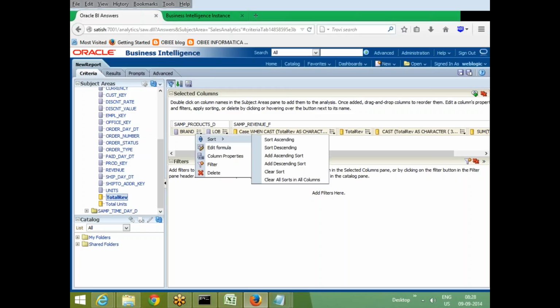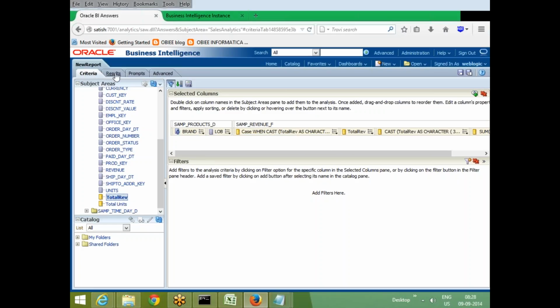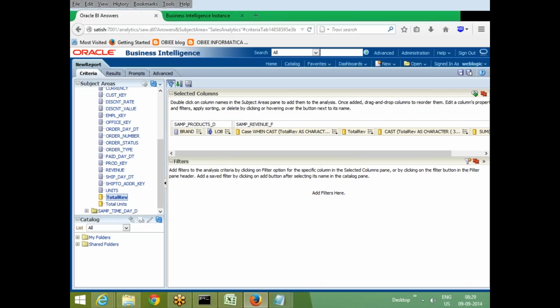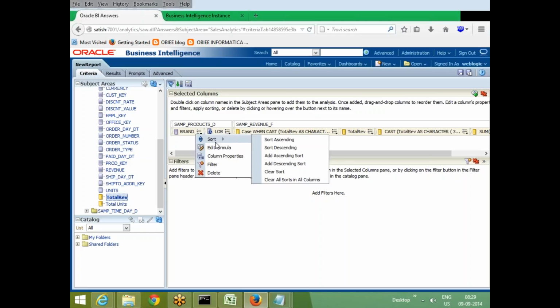Then there is a small topic called sort. In case you want to sort data on any particular column, you can select ascending or descending. When you select ascending or descending, you can see it. But if you select sort on more than one column, you can see options. Now it is sorting on this particular column, but if I want to sort on this particular column also, then you can use